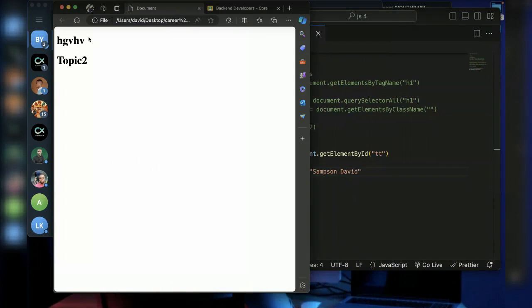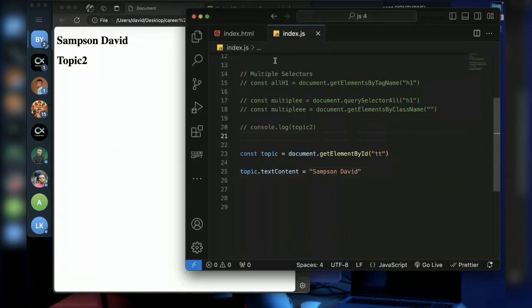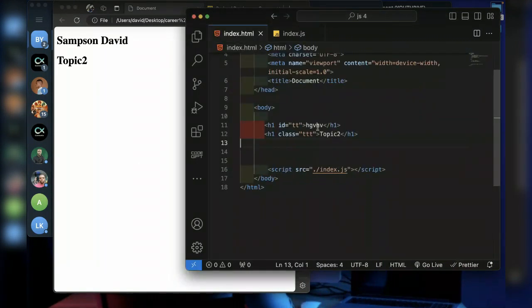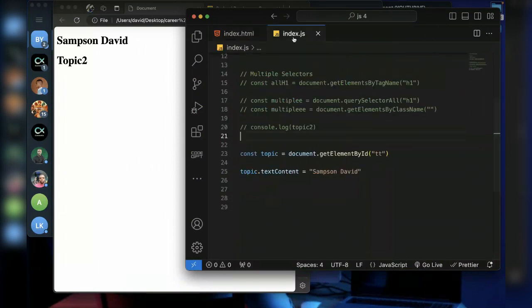If I refresh this, you see that the content of the tag has changed to Samson David. But if you come back to HTML, it is still remaining the same here. So this is the first way to manipulate a tag. You can select it and then assign a different text content to it.